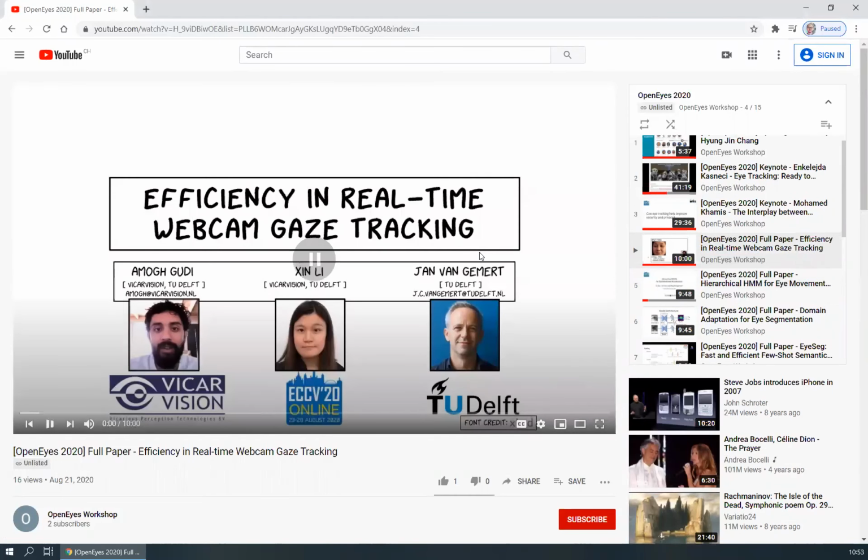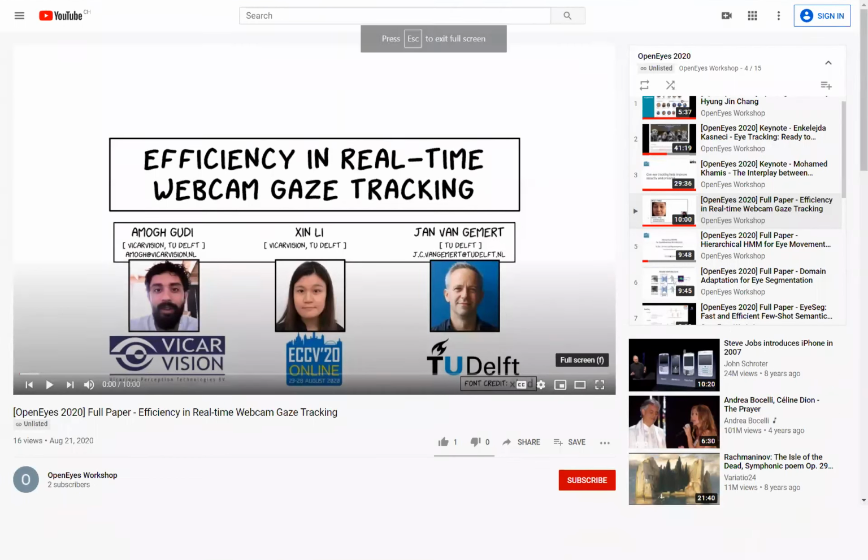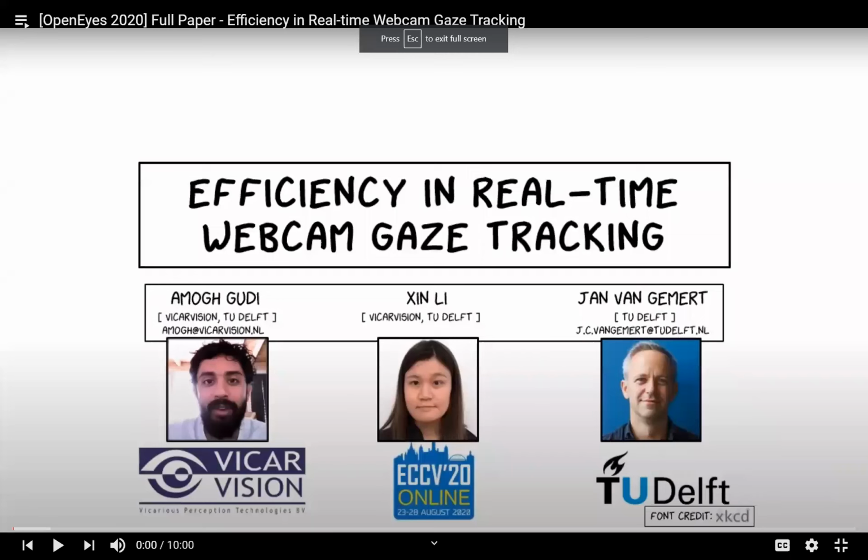Right. Of course, difficulties in illumination conditions and lighting conditions affect all the components within the pipeline. So also the face detection system, also the landmark detection system, and the gaze tracking itself. We didn't explicitly study this because we used publicly available data sets, which I think did not have labels for this. Yeah, but it's a good research direction to explore the limitations of appearance-based gaze tracking methods.